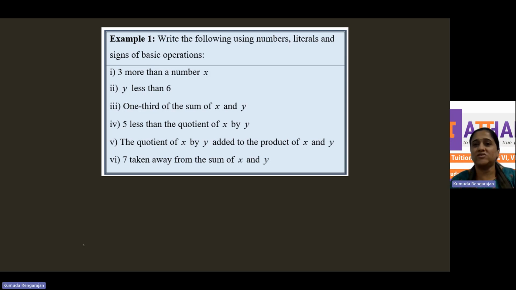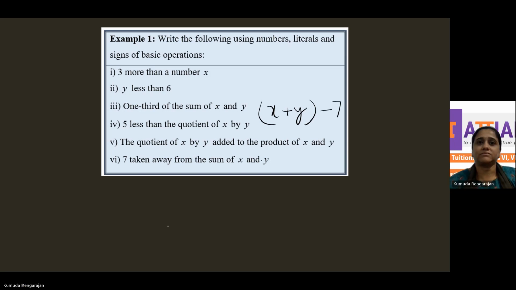So supposing there are 40 sweets in the jar. So 40 minus 7. She says, take 7 from the jar. So how much is in the jar? 40. You're taking 7. So how much is remaining? 40 minus 7. 7 taken away from. What is after from? Sum of x and y. So x plus y